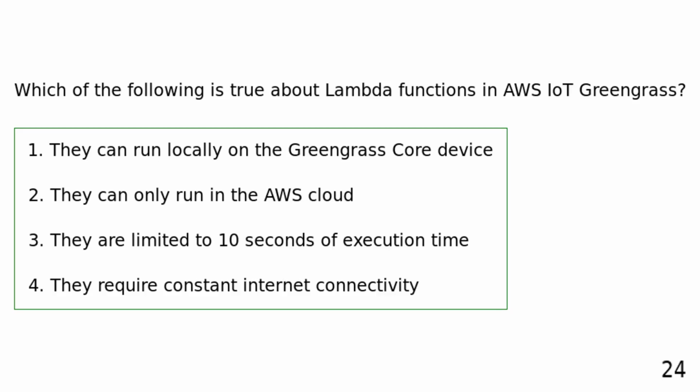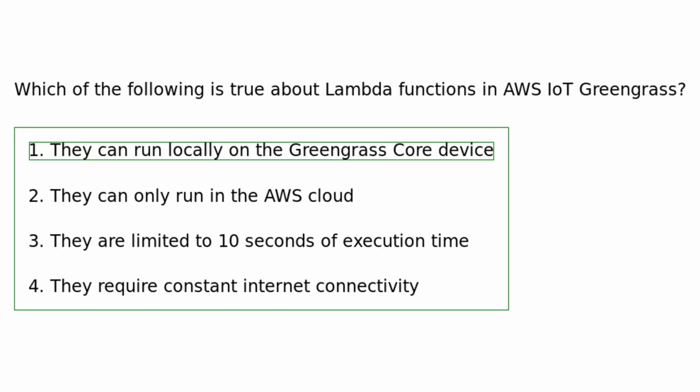Which of the following is true about Lambda functions in AWS IoT Greengrass? They can run locally on the Greengrass core device. They can only run in the AWS cloud. They are limited to 10 seconds of execution time. They require constant internet connectivity. AWS IoT Greengrass allows Lambda functions to run locally on the Greengrass core device, enabling local computation and reducing dependency